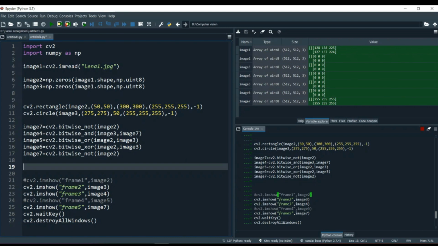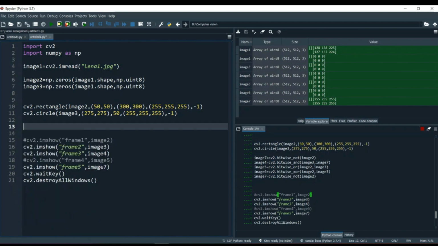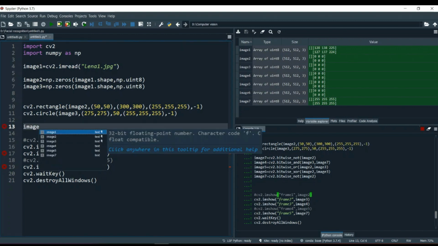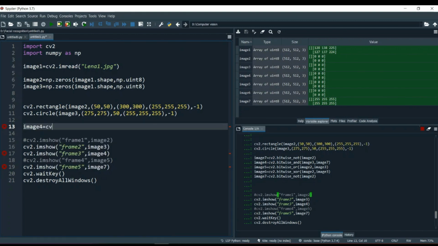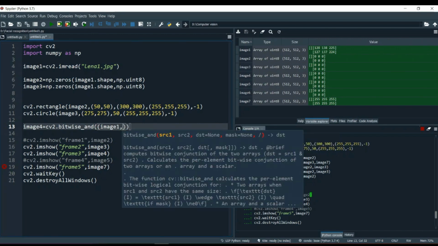Now let's remove all of these. Now we're gonna work this operation with this Lena image, let's say. So I'm gonna add this Lena image with this rectangle or with the circle, whatever you wanna work with. Let's try it with rectangle first. So I'm gonna create image 4 is equal to cv2.bitwise_and, and I'm gonna put image 1, comma,